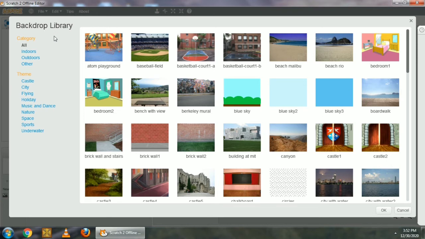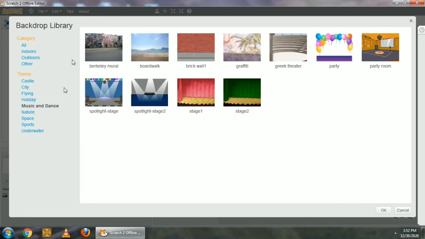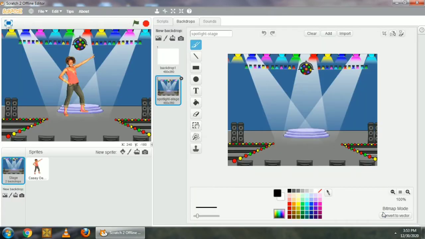Now we have to click on the music and dance category theme. Music and dance, this is here. Click on this. It will show us music and dance themes, and here we have to select this spotlight stage. So click on this. It will select it. Now click on the OK button here. You can see a beautiful backdrop added to our stage, and this lady will dance on this stage.